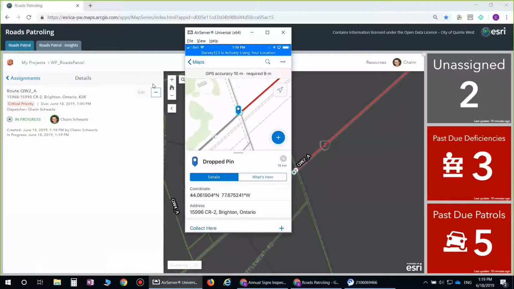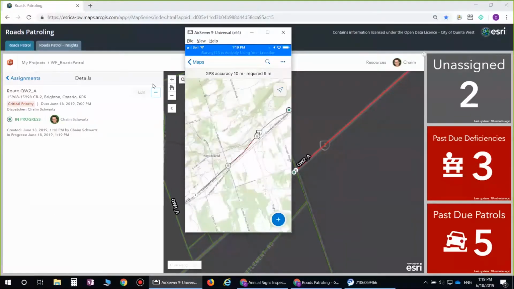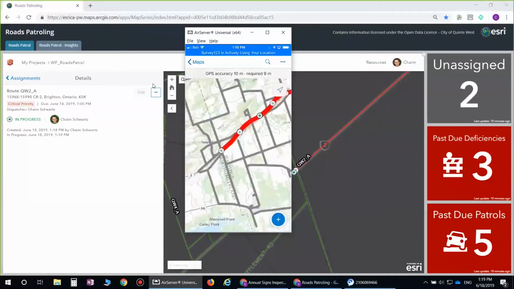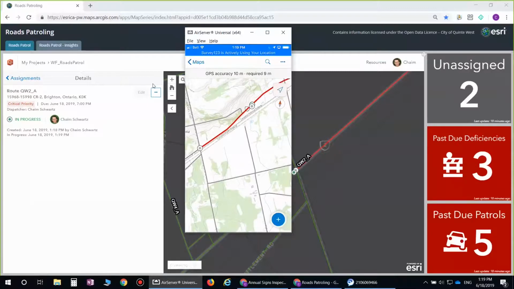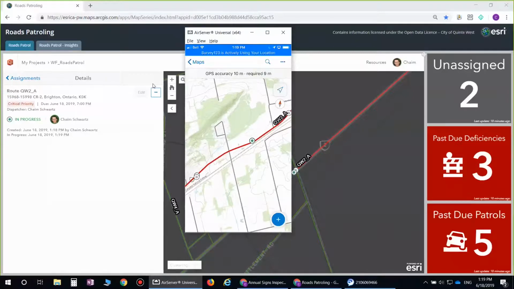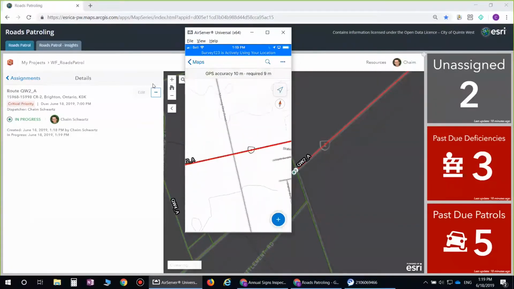So this is a map with my route that allows me to navigate through this and also to collect those observations as they come in. Here's my route. I can also see any open activities, deficiencies recorded, and I can now start driving along that route. Now, I will be doing this manually, but out there in the field, you'll be zoomed into your location in real time, right? So as I drive, I might